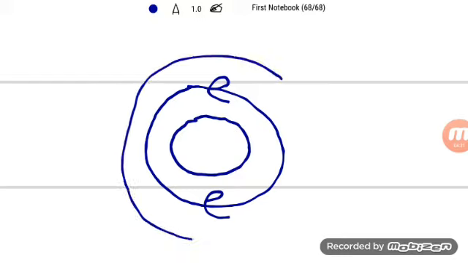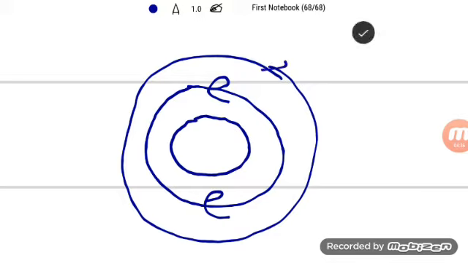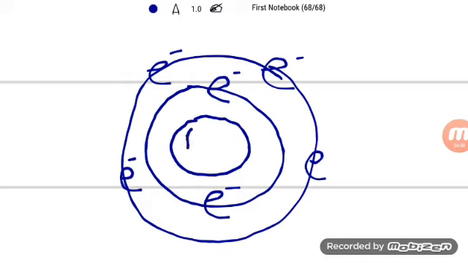I told you that in the first shell a maximum of 2 electrons you can put, okay. Then I'm just putting negative here. Total 6 I need to draw. So 2 electrons in the first shell, and 4 electrons in the second shell I have drawn there. Now regarding the protons, I already told you that the number of electrons and number of protons should be the same. So how many protons are we going to have here? It will be 6. They are localized in the center, and this center region is called the nucleus.